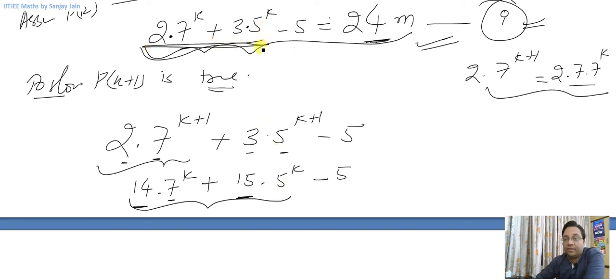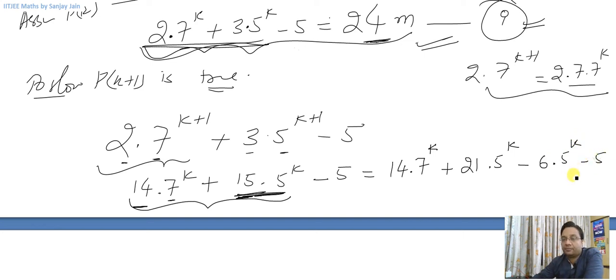Then what I am saying is, if I write this statement as 14 into 7 raised to power k plus 21 into 5 raised to power k, if I write it as 21, but I have got only 15, so what I'll do is I'll subtract 6 into 5 raised to power k and then minus 5. Now if you see this, if I take 7 outside, it will become exactly this portion,